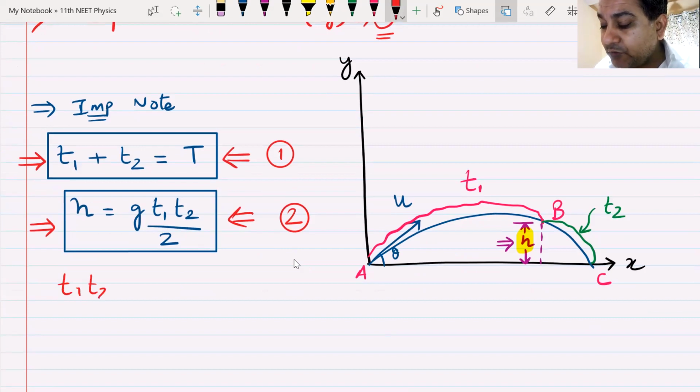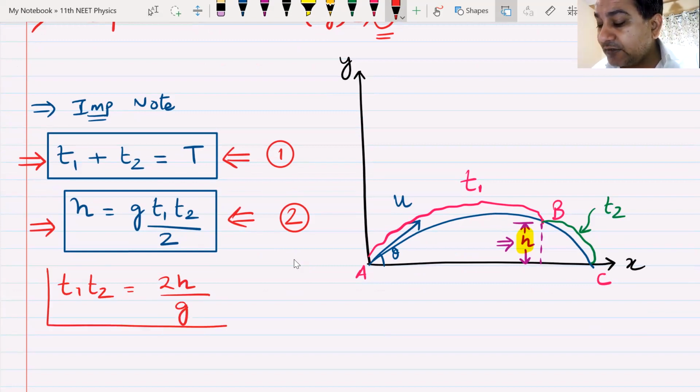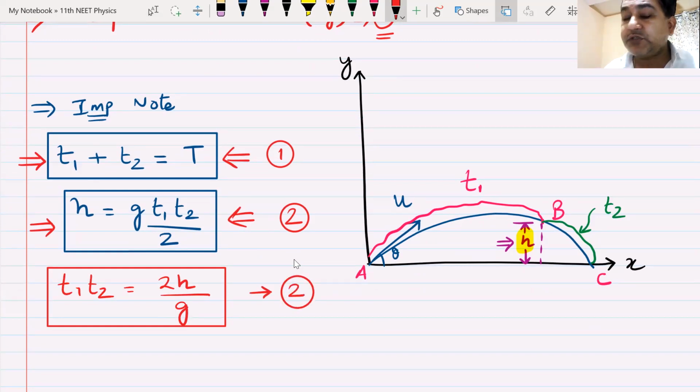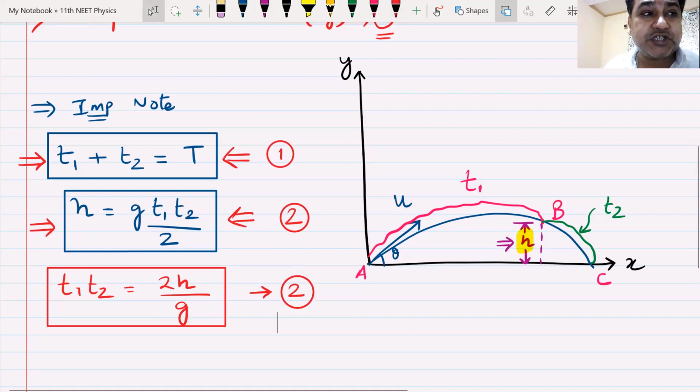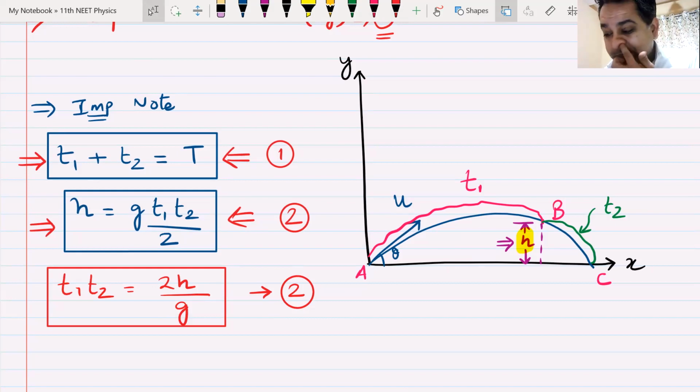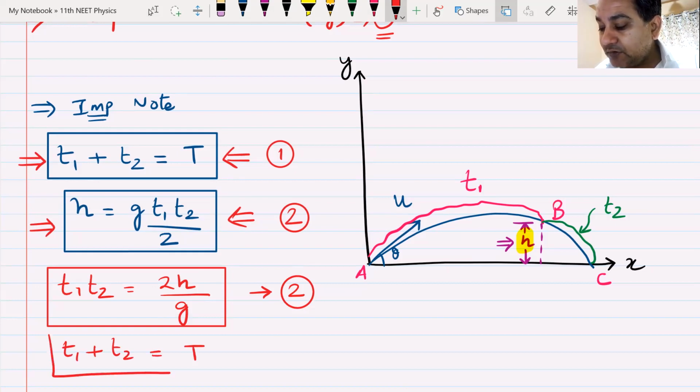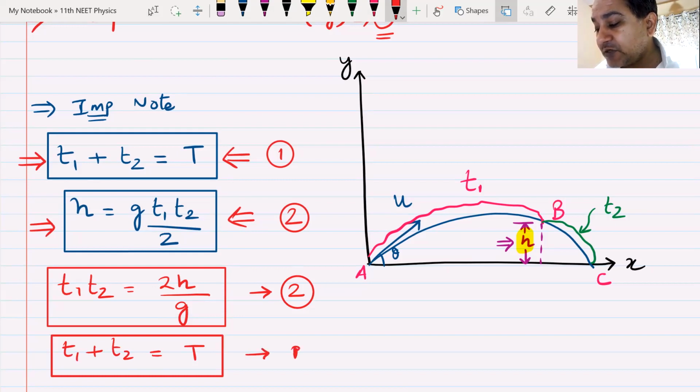T1 multiplied by T2 is 2H by G. You can remember equation number 2 like this: T1 into T2 is 2H by G. And T1 plus T2 is capital T. Now this might remind you, that is equation number 1. This might remind you